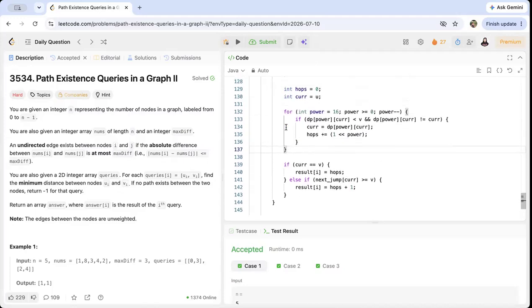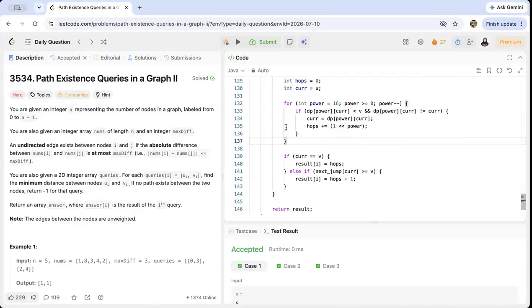After coming out of this loop, whenever we overshoot this V, we'll keep on decrementing power, and we'll only keep adding hops until we don't reach V. We don't land at V. Correct? Now what we do is we check if after a lot of hops,